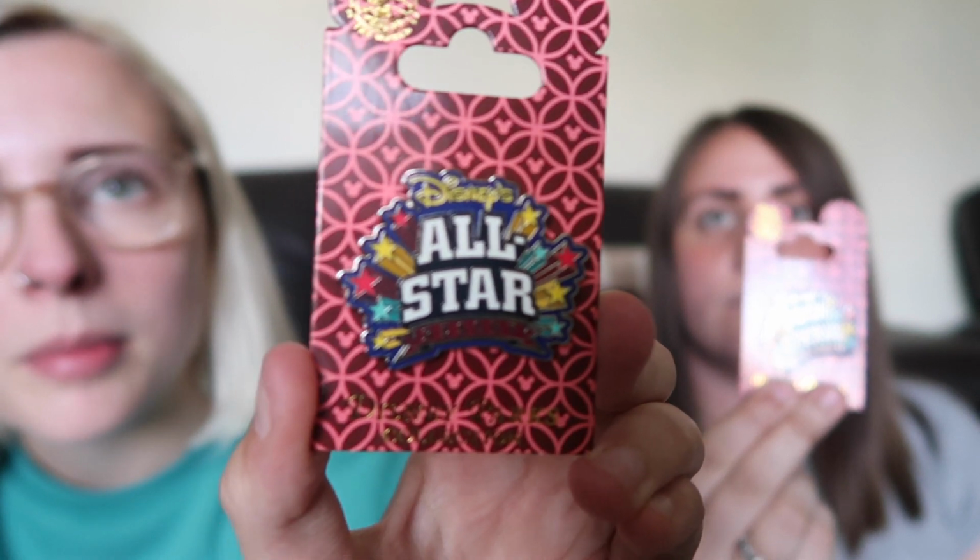So we're going to start with the pins that we got on the backs, and then we're going to show you the ones we've traded for. So the first pin we both bought is actually this All-Star pin, because we stayed in All-Star Music,